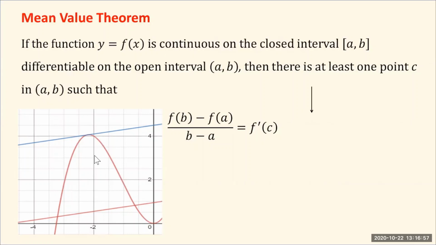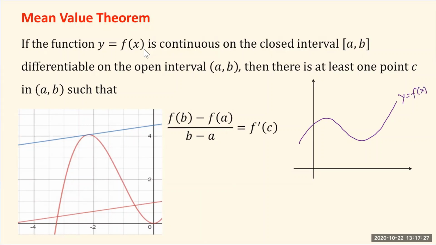So I'm going to draw the x and y axis here. If you want to add them to your note catcher, you can definitely do this. Suppose that is my x and y axis. Now I'm going to consider a function like this one. Say, for example, that's my function y equal to f of x, which is continuous on the closed